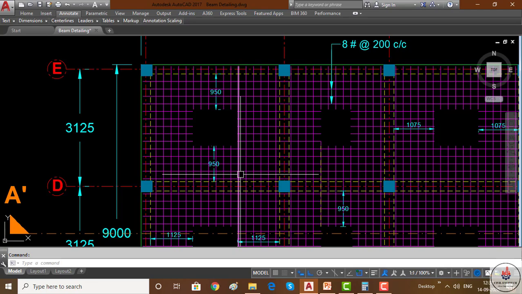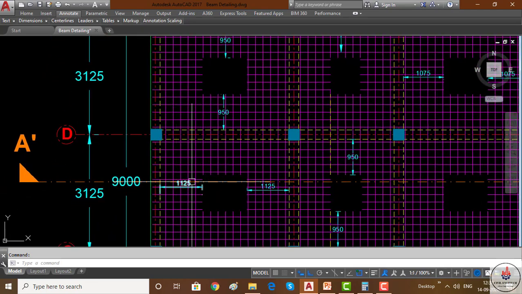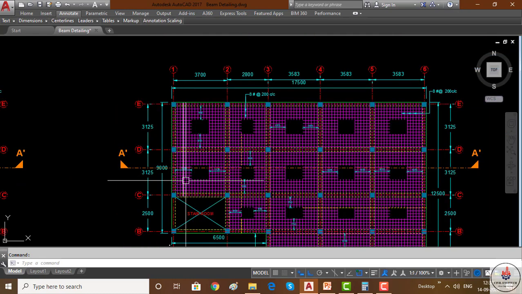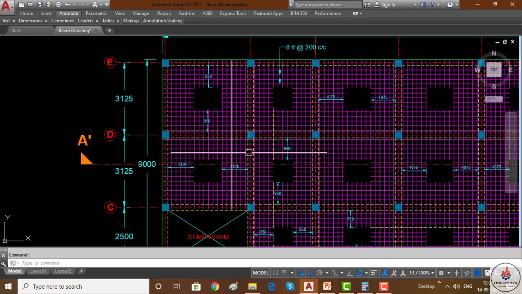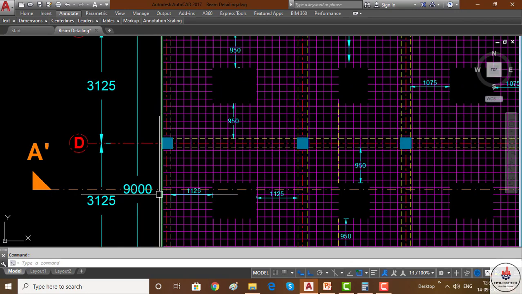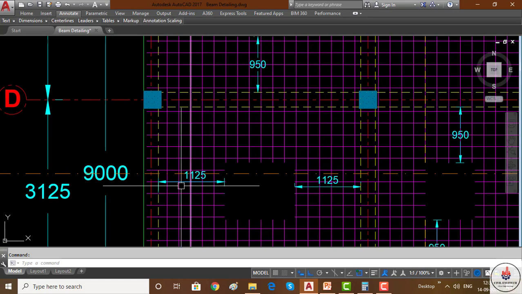The x direction curtailment length is provided here because 3700 is all through these two panels. These two panels' x direction span is 3700 millimeter. So the curtailment length provided here is 1125.